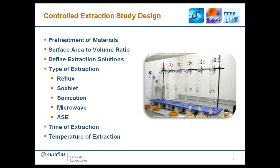Extraction solutions should be chosen that have varying polarities and boiling points. Typically, a polar and nonpolar solvent are utilized. In addition, aqueous solutions and solutions with extreme pHs may be used if it is applicable to the product being evaluated. The type of extraction may be chosen based on real-life contact time and temperature and the degree of aggressiveness